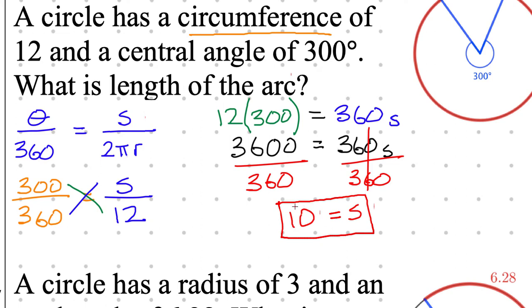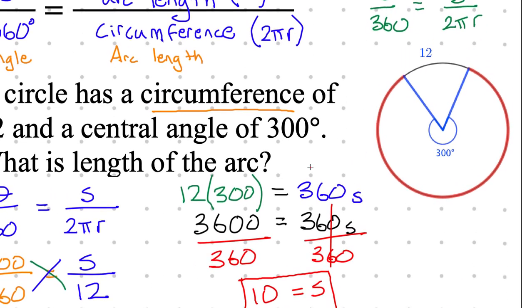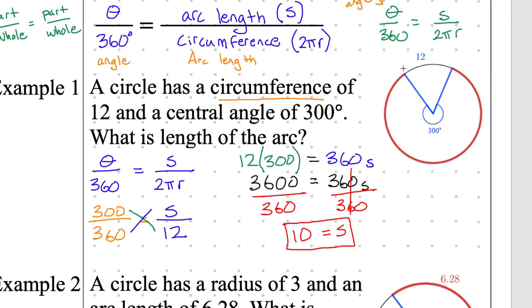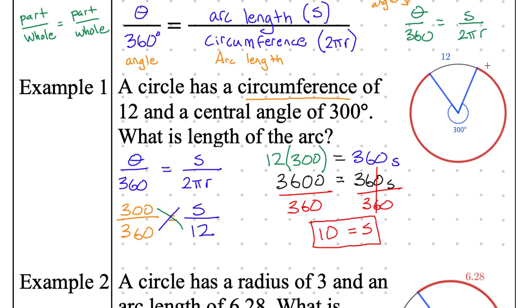Okay, so like the whole... Which doesn't make sense though. Well, the 12 is talking about the circumference. If the entire length is 12, just the red length is 10, which means that this arc length right here must be 2. So it's 2 and 10 to add up to 12.